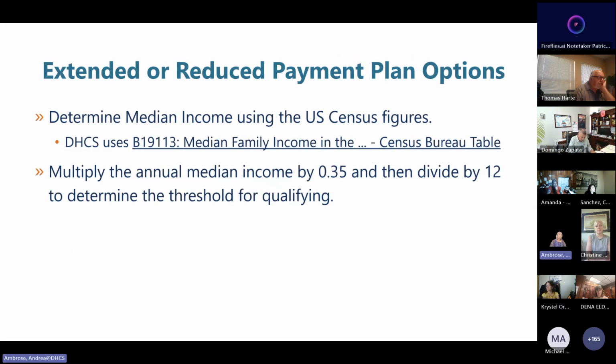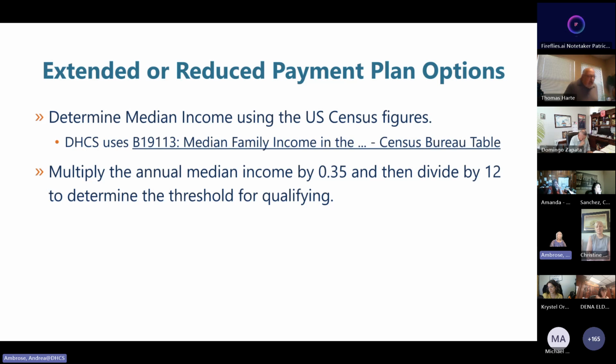So the first thing to do is to determine the median income in your county. And you do that by looking at the census figures. We use a table that comes from the U.S. Census Bureau. I've provided a link for that there. It's not the most user-friendly table, but there are different filters so you can identify your county and then look at the median income that is provided from that.